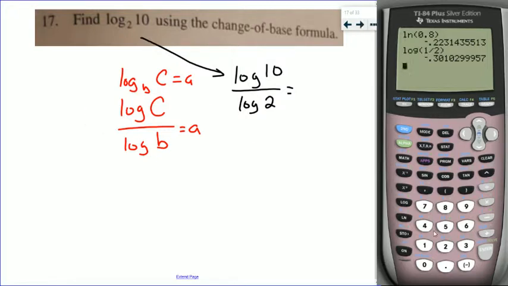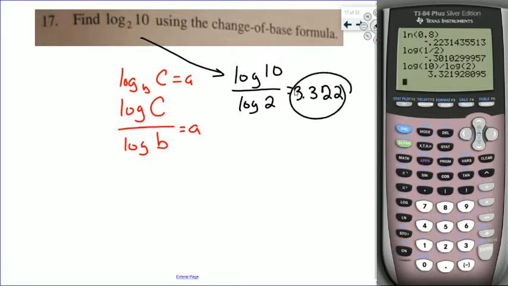Then we have log of 10, make sure you close your parentheses, divided by log of 2. And we hit the old enter key, and we find out that we get 0.33219, blah, blah, blah. So let's round again to 3 decimal places and go to 3.322 is our answer for log base 2 of 10, which again,